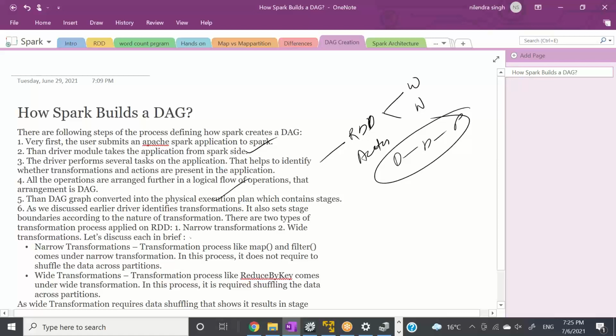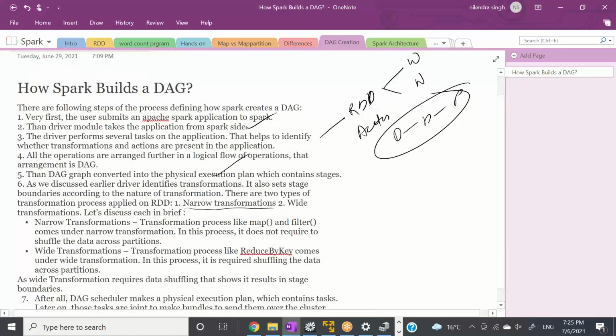I already explained the DAG for narrow transformation. What is a narrow transformation? It is when you do not need to shuffle data between different partitions, like map and filter, right? Wide transformation means something like reduceByKey, in which you may need to reshuffle data. I'm not sure why it is not working on my machine, maybe because the data is very small and in one partition. But in reduceByKey and groupByKey operations, new stages will be created. So what will the DAG be doing? It will divide the whole code in three ways.